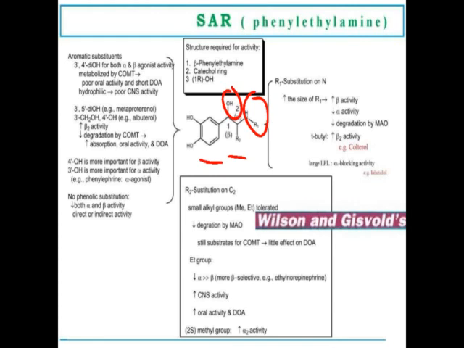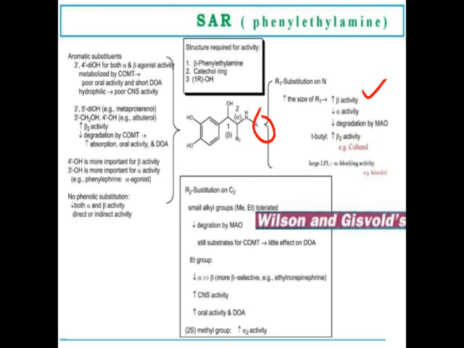So for the drugs which consist of phenylethylamine in their structure, we will go one by one through the SAR. Here in case of R1, if we increase the size of R1, it becomes a more beta active compound. If it is methyl, it has alpha activity, but when we increase the size of that alkyl part, that is ethyl, propyl, butyl, it increases the beta receptor activity and the alpha receptor activity decreases. Hence if we increase the size of R1, it increases the beta activity and decreases the alpha activity.